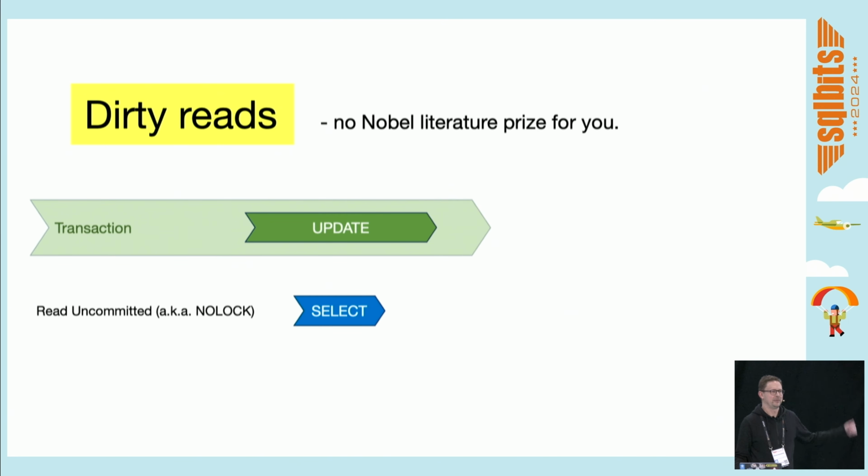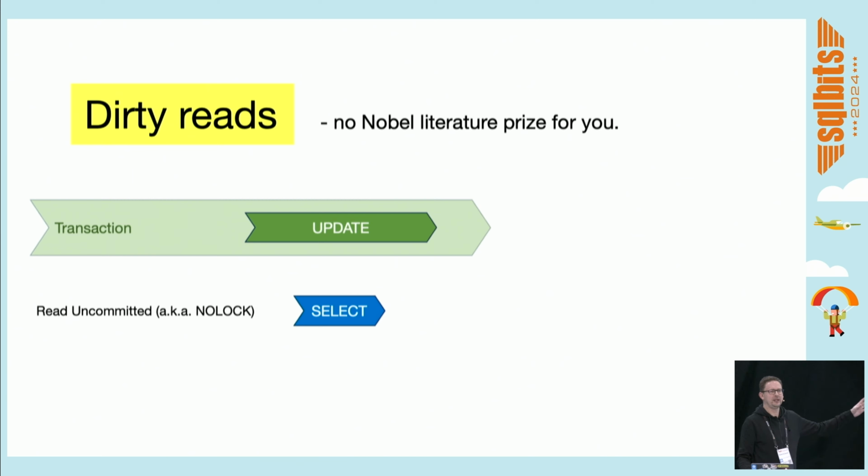It'll just run. It'll just show you whatever is happening in the table right now. Could be true, could be false. It'll show you some uncommitted stuff. Worst case, if you're moving rows around in the index, you might see the same row twice, the old row and the new row. No lock is dangerous. You all know that. You don't need the lecture.